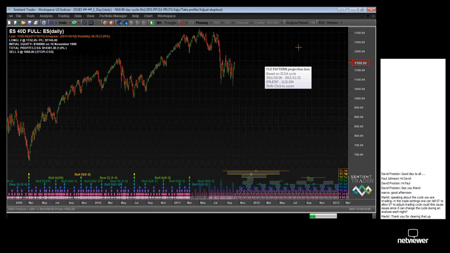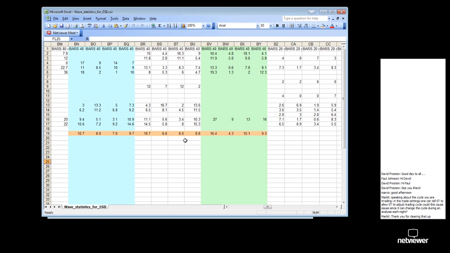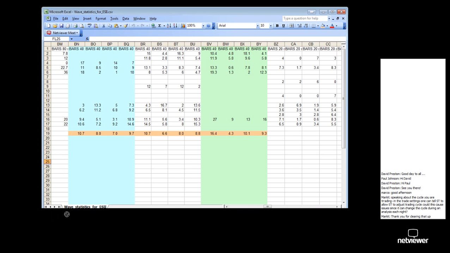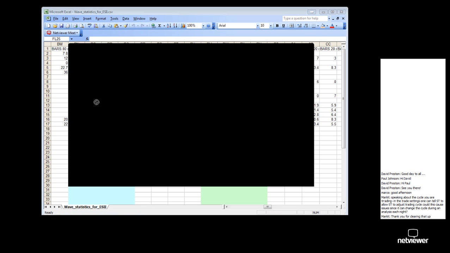wherever you like. Sentient Trader makes up a name for it. It's called wave statistics for ES.csv, so we can save that. It tells me the wave statistics have been saved, and so I click on the done button there, and then